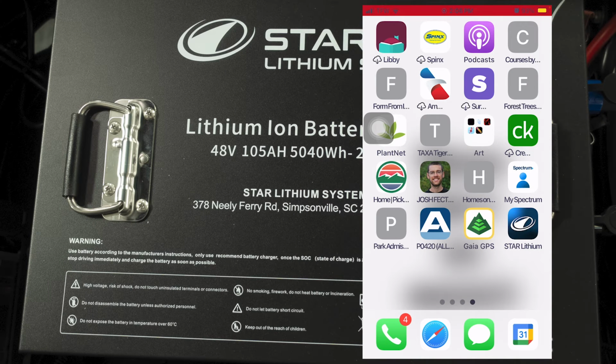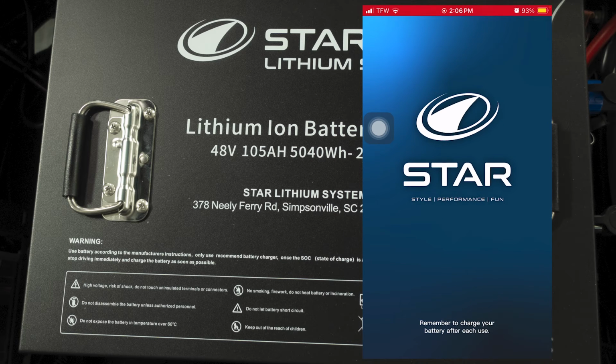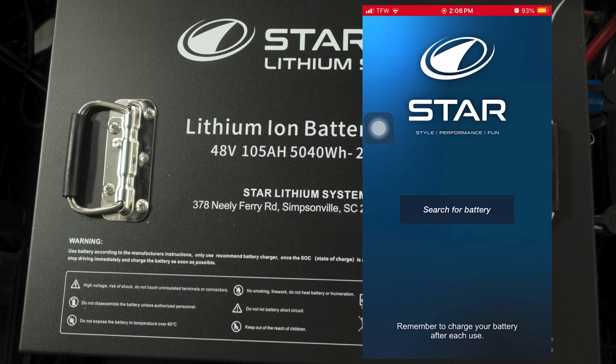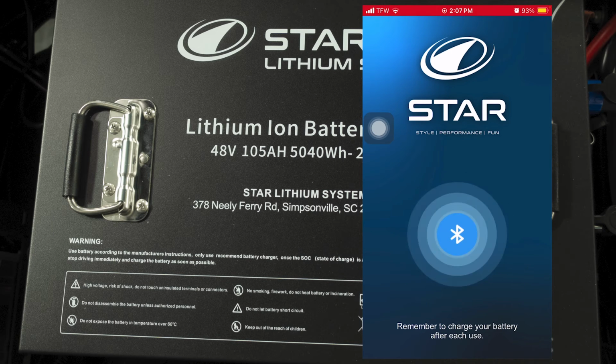Once the app has been downloaded, you're going to open the app by clicking on its icon on your home page. This is going to open the main screen for the app. To begin, your battery's power switch needs to be on, and you will turn your vehicle's key to on. On the app's main page, there is only one button labeled Search for Battery. You'll click this button,